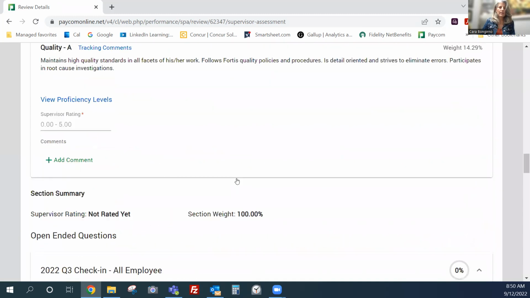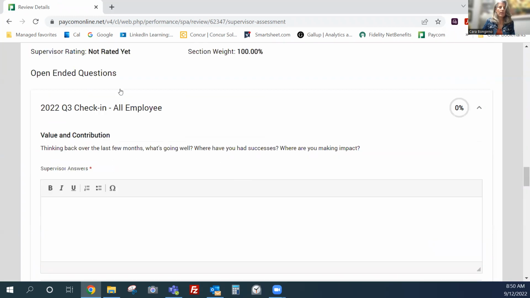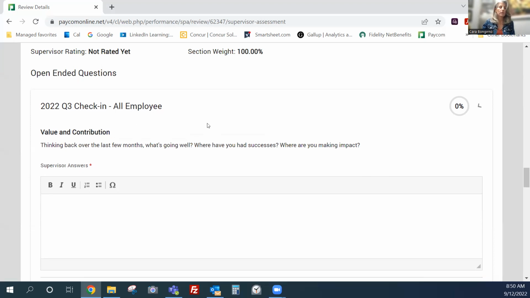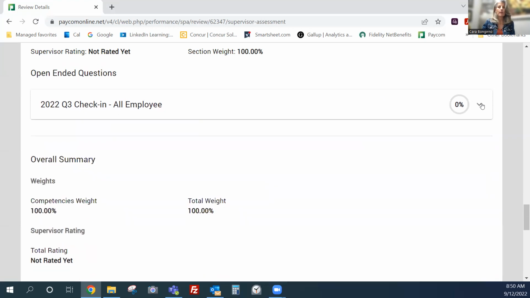and scroll then down to the open-ended questions when you meet with the employee. Now, again, you're going to be under the competency section, add comment, and that will be saved. So when you go into your discussions, you can pull that up. You can share the ratings, you can share the examples that you've listed. And then we strongly encourage, as you talk about these discussion questions with each employee, that you're typing the notes